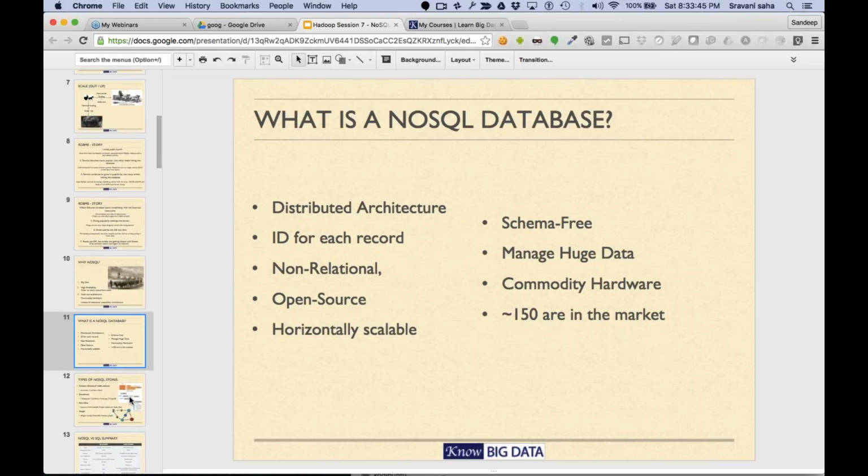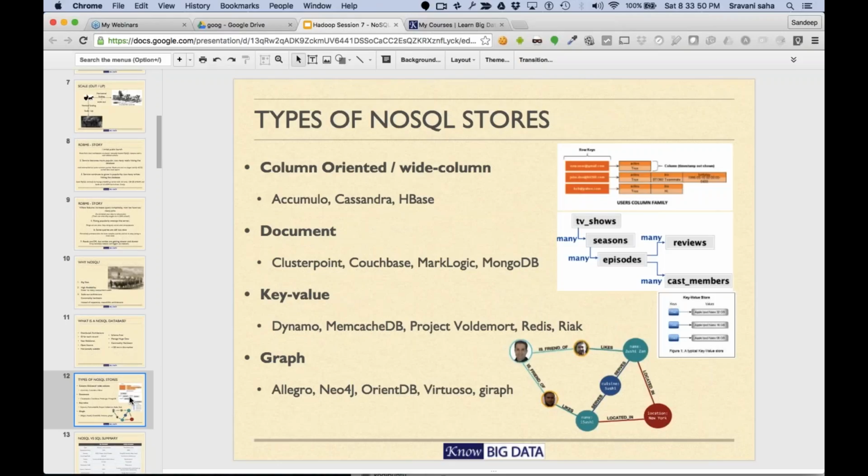Now these are the four broad categories of NoSQL data stores. One is column-oriented or wide column databases. For example, Accumulo, Cassandra, and HBase. Those are the three databases that fall in the definition of column-oriented. We will go into something called column-oriented instead of row-oriented. Our traditional tables are row-oriented. We will differentiate between column-oriented and row-oriented soon. Next is